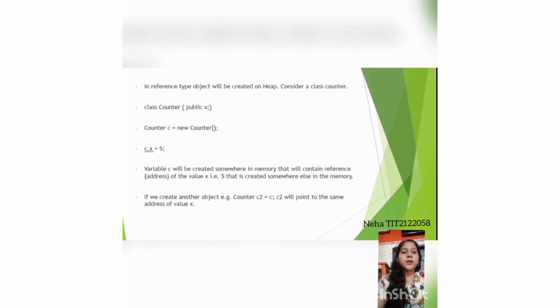So let's see another example of a reference type. Consider a class Counter, then variable C will be created somewhere in memory that will contain the reference address of the value x, and that is the value that is created somewhere else in the memory. So if we create another object, for example Counter C2 equal to C, then C2 will